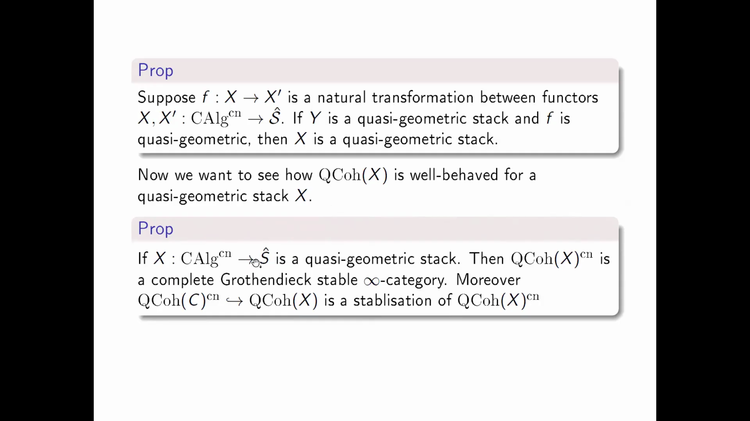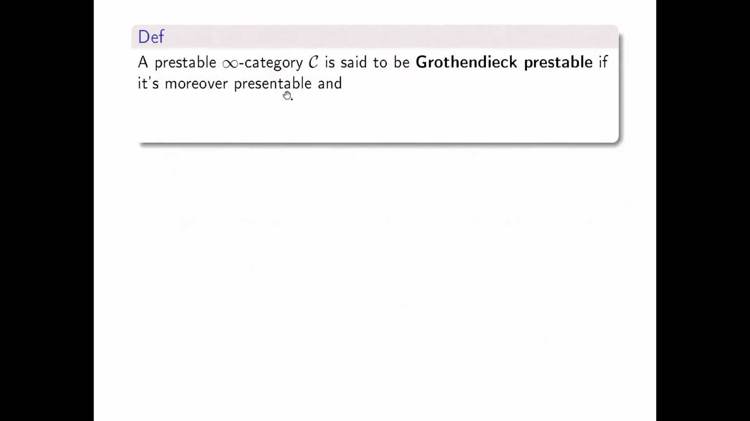We'll see what Grothendieck stable infinity categories are later, but still, I'd like to do a bit of a recap, quote unquote. Moreover, this is a stabilization of the quasi-coherent sheaves on X. So just a recap: what is a complete Grothendieck pre-stable infinity category? A pre-stable infinity category is said to be Grothendieck pre-stable if it's presentable and